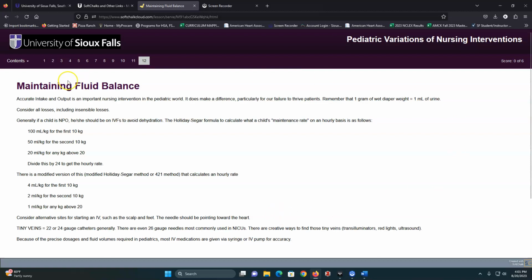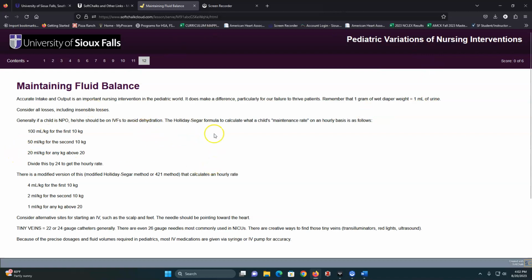And the last slide here is maintaining fluid balance. So as we're doing this, for adults, put them at 100 or give them a liter bag of fluid or these kinds of things. For kids, oftentimes we're basing this on weight. When we're maintaining I's and O's, oftentimes we'll weigh diapers, and we say that 1 gram of weight is equal to about 1 milliliter of urine. So it's a 1-to-1 basis. If they've got a diaper that has a net weight of 30, then we say that they lost about 30 cc's of fluid.